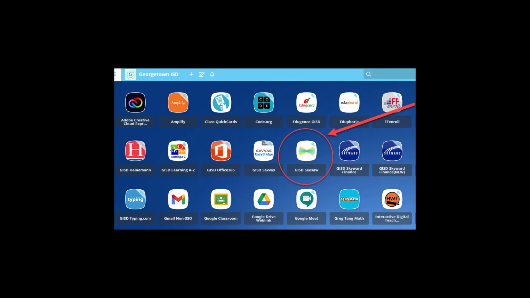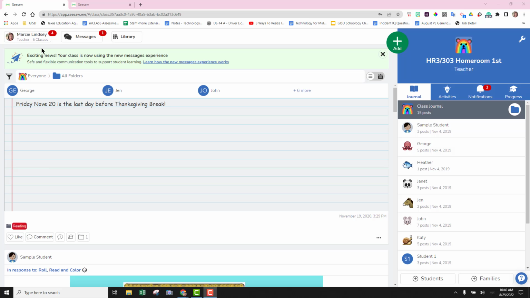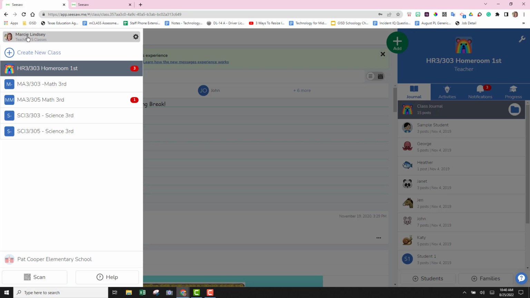Now that you have your schedules completed on your campuses, you'll start seeing your rostered classes show up in Seesaw. Once you click on your ClassLink dashboard and select GISD Seesaw, you'll see your name up at the top left, and when you click on it, it's going to show you a list of the classes that are rostered to you. What rostered means is it's pulling from the Skyward gradebook, and you'll have a section for